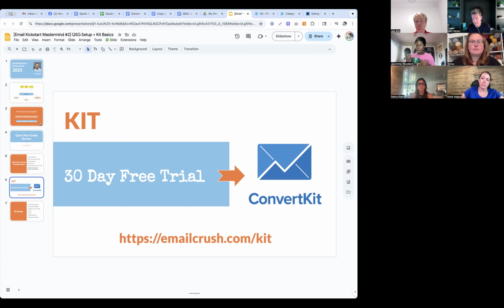Sorry, there was one other thing. I was asked today about how do you show a different pop-up on different categories? Well, if you're on Kit, I'm going to show you how you can do that using their plugin and their pop-up. If you don't want to use their pop-up, then you might have to do something custom developed. If you're on MailChimp or Flodesk or ActiveCampaign or one of the others, there's other software out there too. On Wednesday, I'll share some different pop-up software, if you're interested, that do the same thing that I'm going to describe right here. But since we have somebody that's getting ready to launch this now, I wanted to share this now.